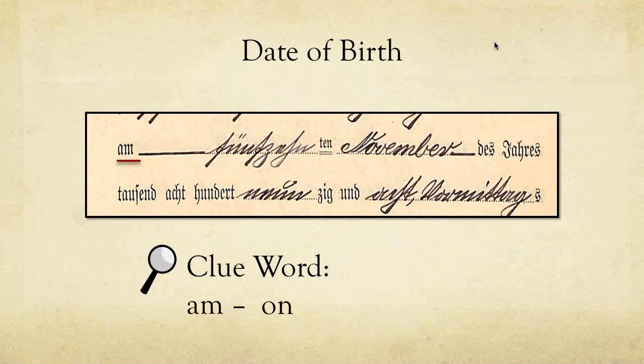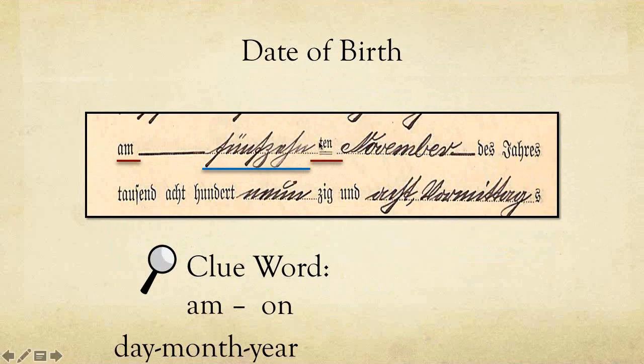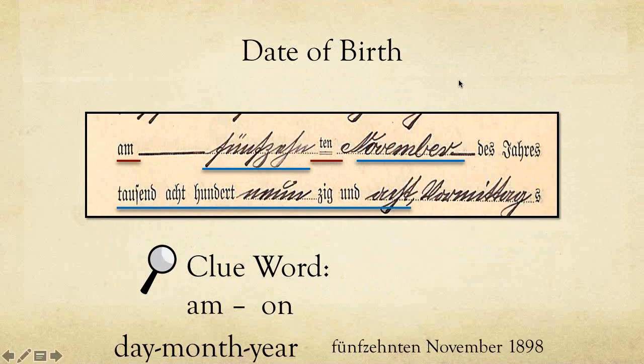Now, in German, the dates will be written day, month, year. So the day will be first, and that's going to be the 15th, followed by the month. And here we have that nice T-E-N. Remember that T-E-N means that ordinal number. 15th is our T-E-N, followed by the month, which is November, followed by that long year written out, and that is the way they wrote out